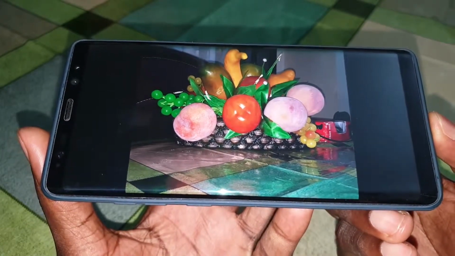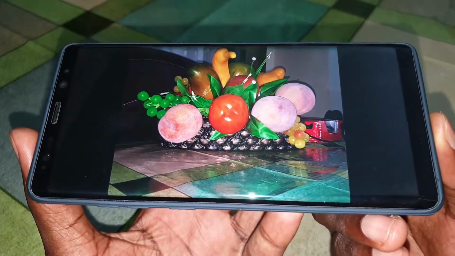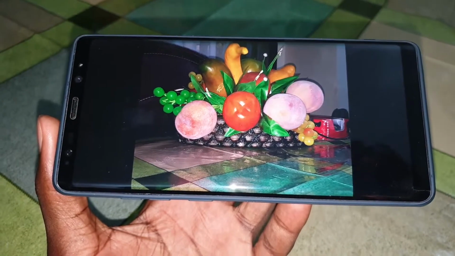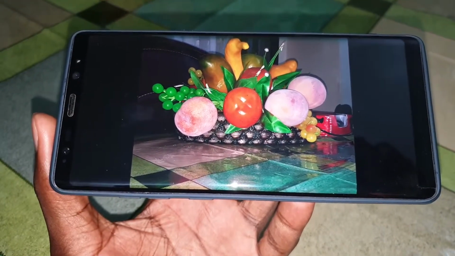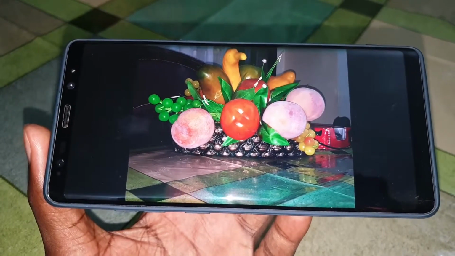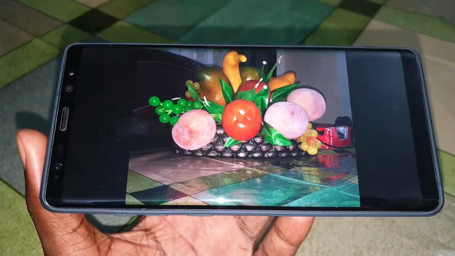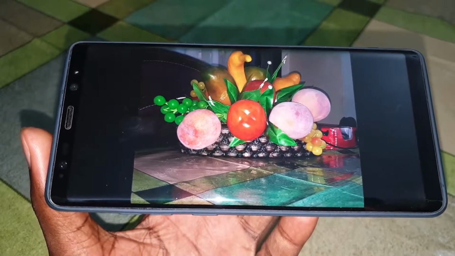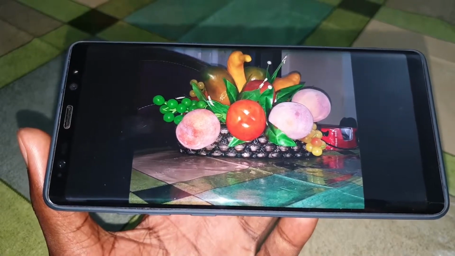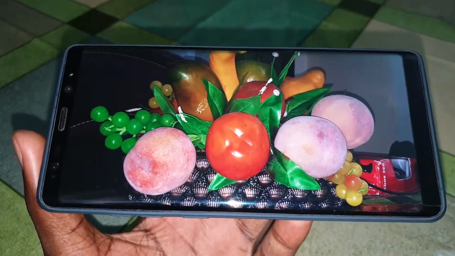This is so nice. It's more beautiful in real life than on this camera. For me, it's amazing. It's wonderful. Look at its quality. This quality is almost amazing. I think excellent. This is wow. I like it.